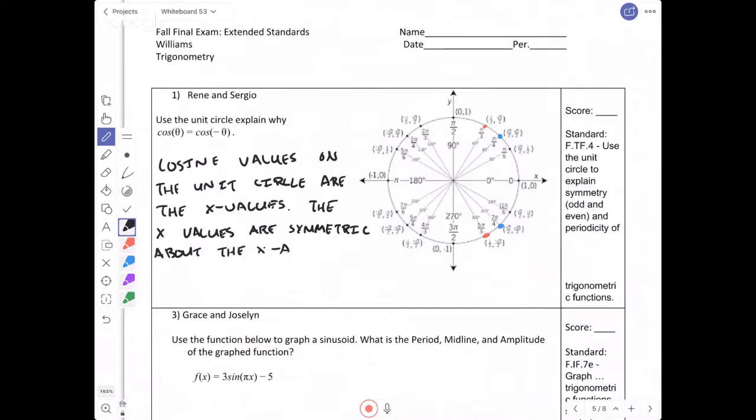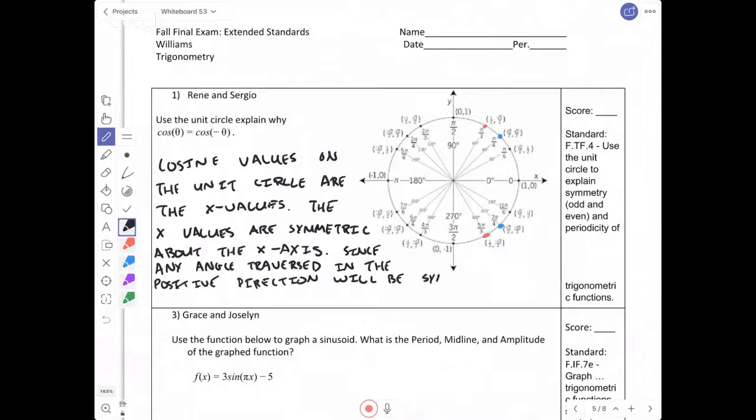About the x-axis. Since any angle traversed in the positive direction will be symmetric to